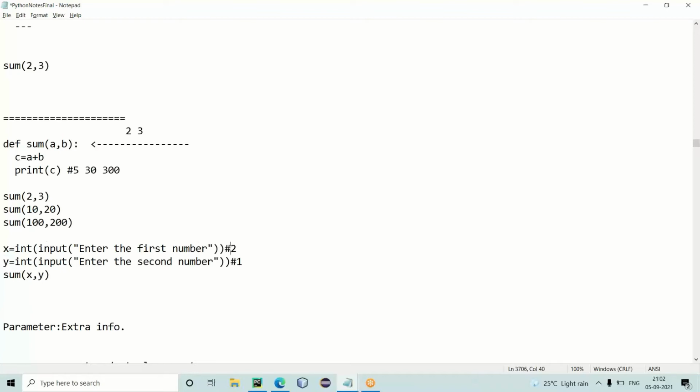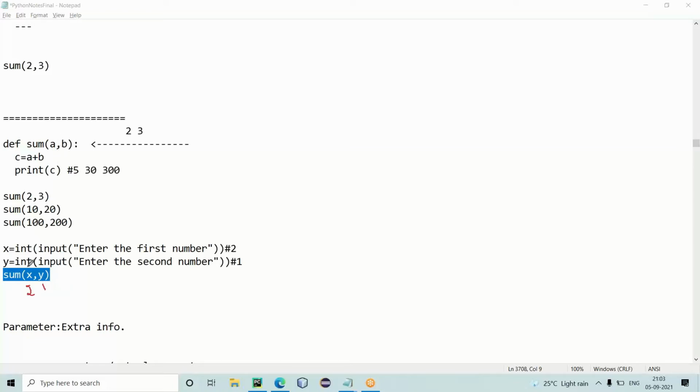So let us say the X value is 2 and Y value is 1. So here the sum function is called with X and Y. Let us say the X value given by the user is 2 and Y value is 1. So you are calling the sum function again with 2 and 1.